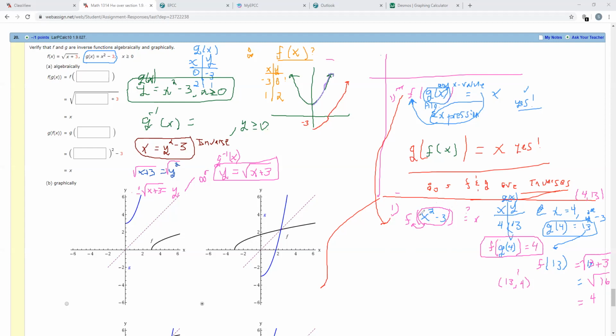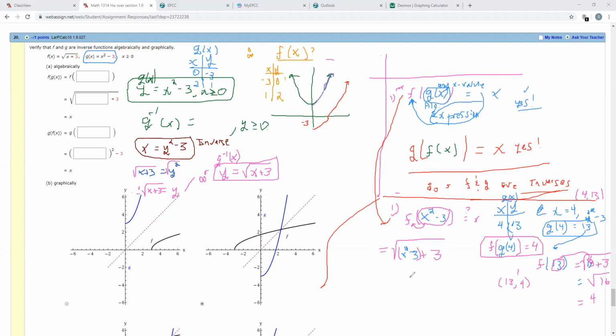Go put x squared minus 3 into the f function wherever there's the x. So instead of putting the 13 right here, we're going to write equals square root, plus 3. And instead of putting the 13 right here, we're going to put this algebraic expression. So we get the square root of x squared minus 3